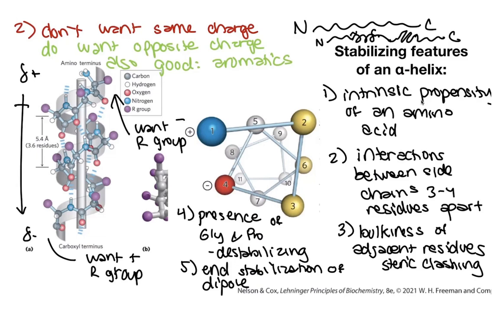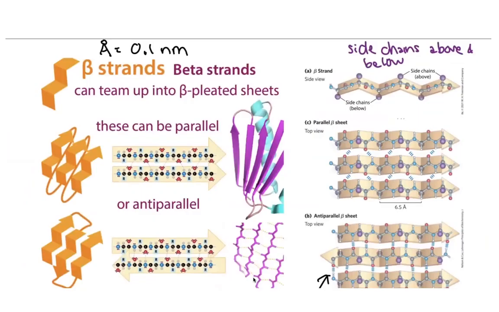It's not typically that one amino acid is always in one form, and that if you have that amino acid, boom, you've got a helix. Instead, if you look at a sequence and you see a string of amino acids that all have a high propensity to form an alpha helix, then it's likely something that does form an alpha helix. And if you look at something and you see it's got glycines and prolines and all that stuff, that would not be forming an alpha helix. And if you see something with a bunch of big bulky groups, that also probably wouldn't be forming an alpha helix. But that might be forming one of the beta strands,